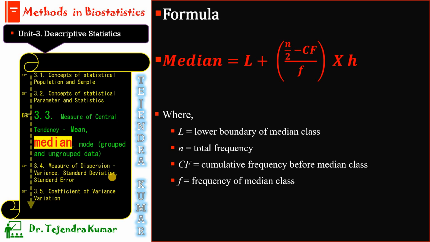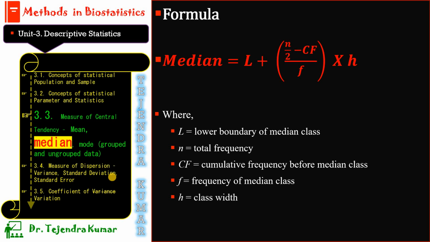Here you can see median is equal to L plus the whole bracket of n by 2 minus CF divided by F, then multiplied with H. Here capital L is the lower boundary of the median class, small n is the total frequency, capital CF is the cumulative frequency before the median class, because this is grouped data, and that's why we always take the value one class earlier than the cumulative frequency. Then F is the frequency of the median class, and H is the